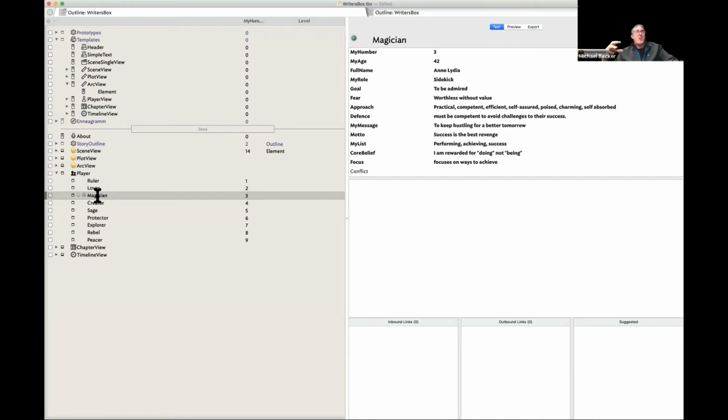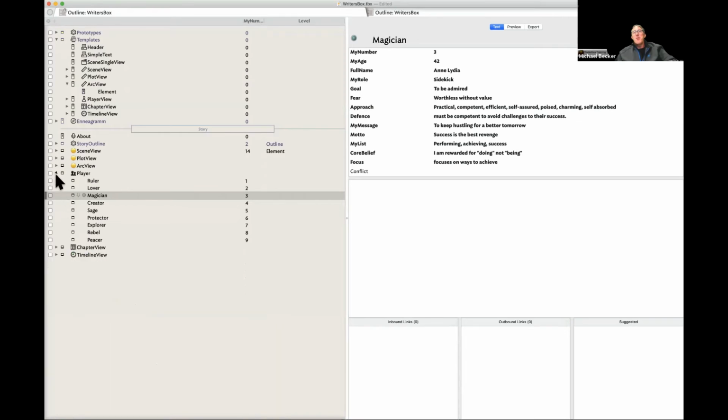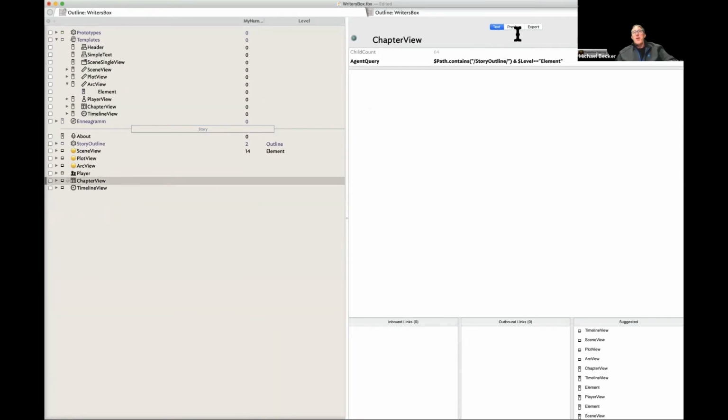Tinderbox, I think, makes it really easy to go back to those atomic elements, whereas if you use other kinds of tools where it's all crammed together, it's much more difficult to do that. Yeah. Okay. And then do me a favor, if you don't mind, can we also take a look at your chapter view and your timeline view? Those two are I think new.